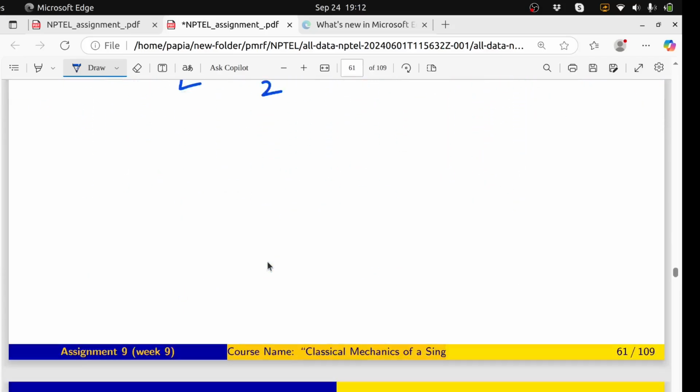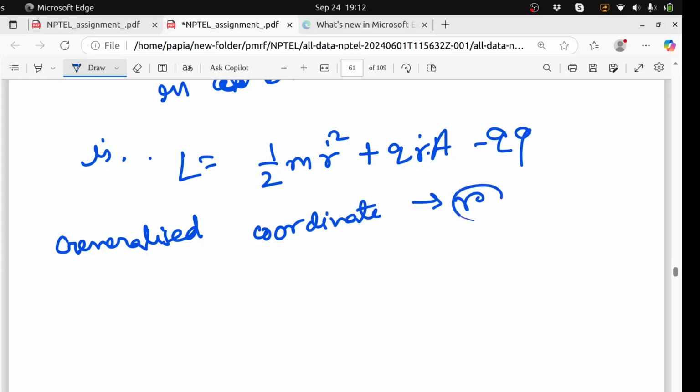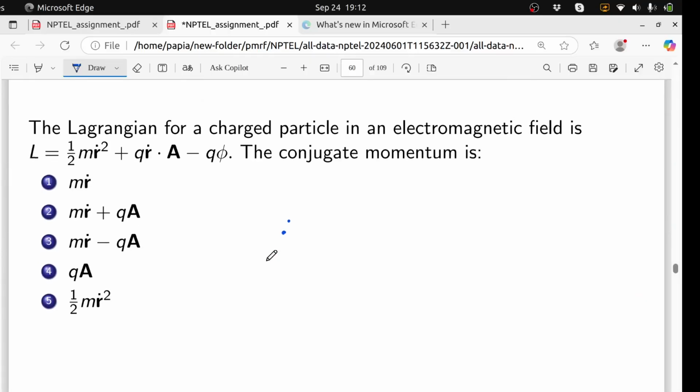So for this case I can see that the generalized coordinate is r only, because this is a function of r only. So the conjugate momentum is